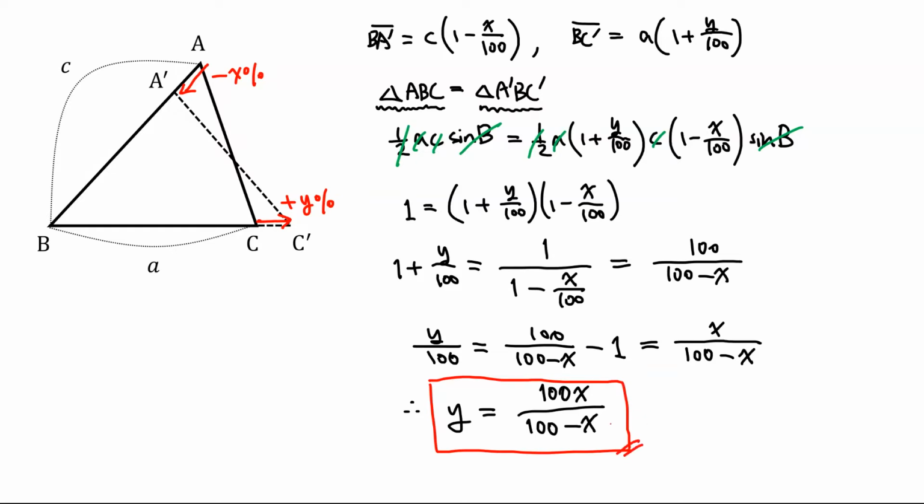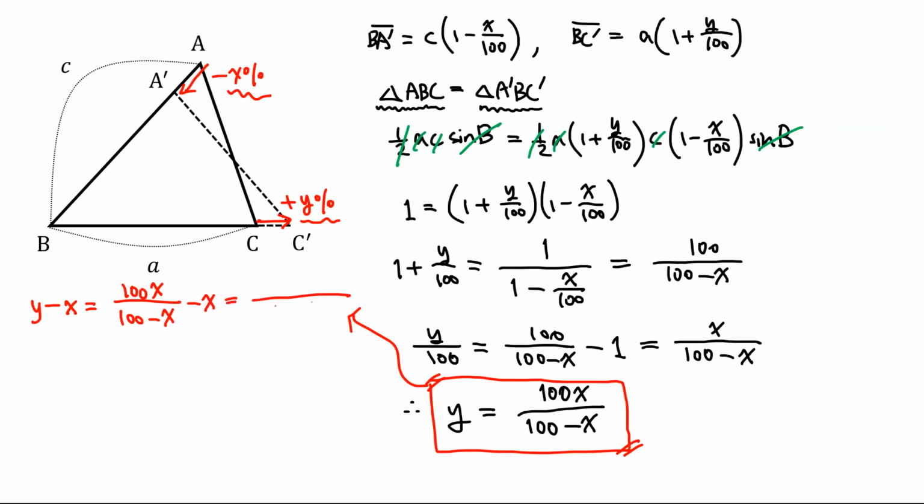Okay, now let's actually inspect this answer a little bit further. For example, between X and Y, which one is actually bigger? Well, if we subtract X from Y, then we have 100X over (100 minus X) minus X,